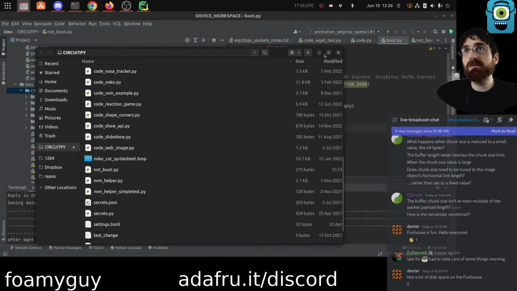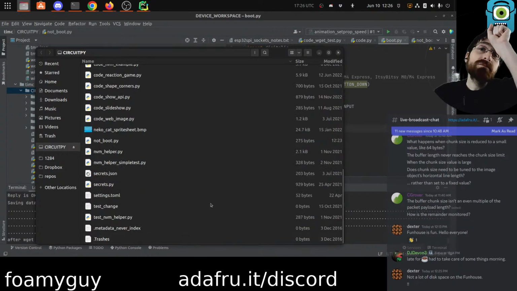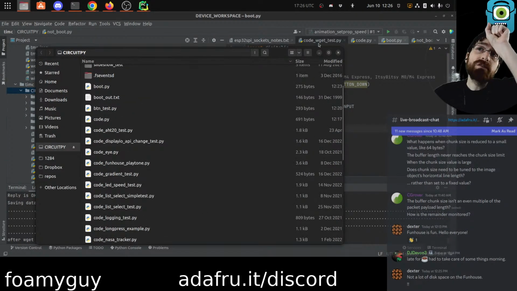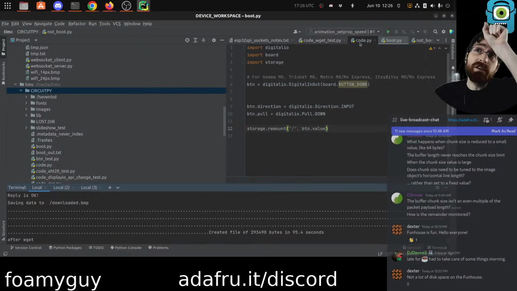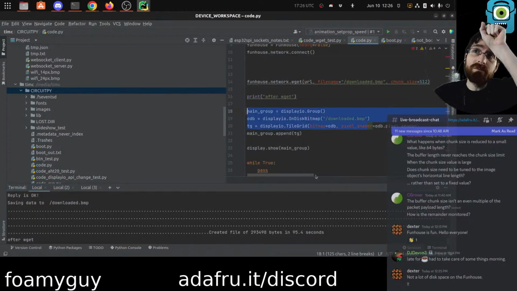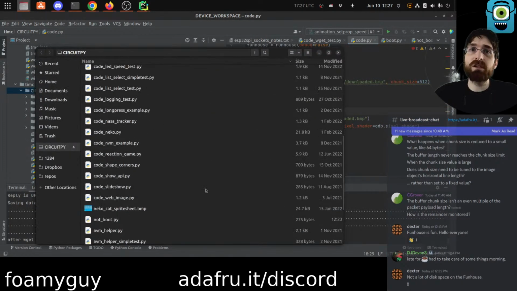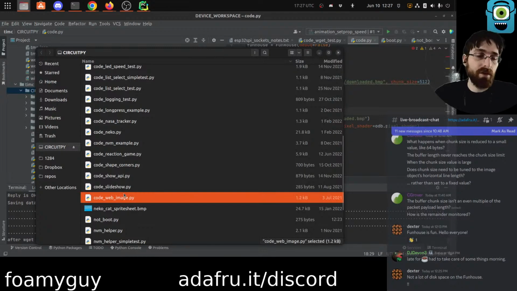I mean, it has to be downloaded, right? It has to be there. Because if it's not there, then the OnDiskBitmap could not have drawn it. So the computer cannot see the current state of the drive,